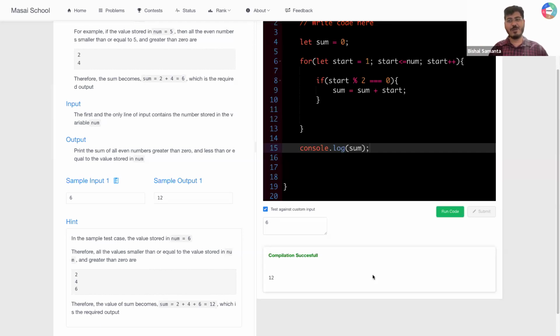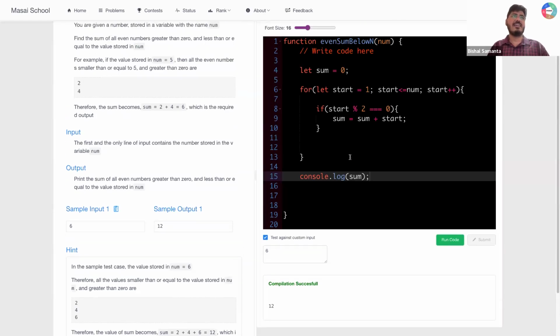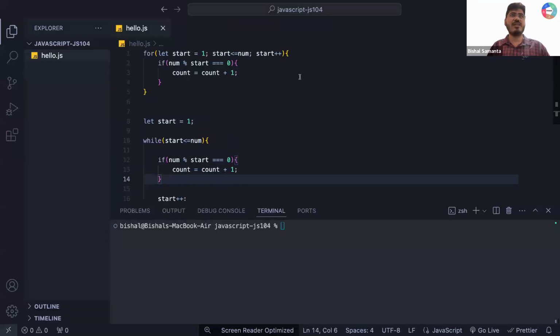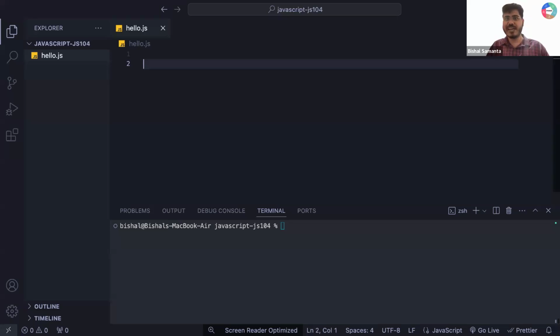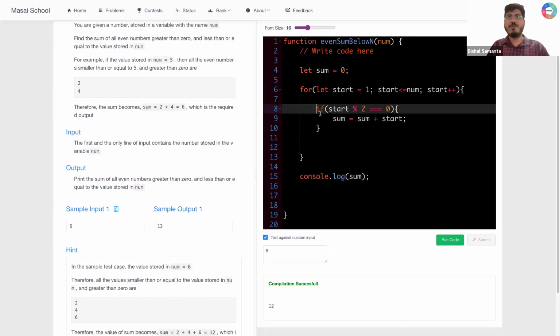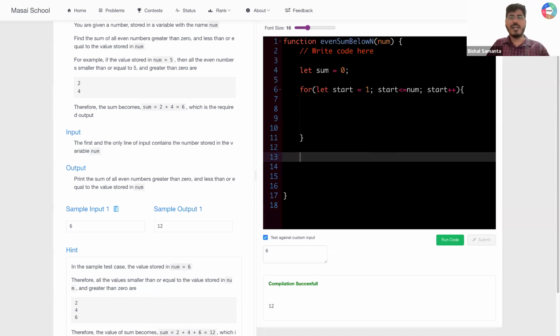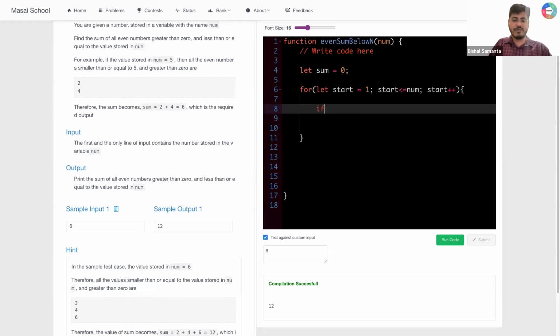Okay, cool. Okay, great. So many questions we see. One question we got from Sunny. Sunny saying, sir, not understanding break. Sunny, break is as same as that: you don't want to run a loop based on some condition. Let's say I'm writing here, if start value is equal to 2, then